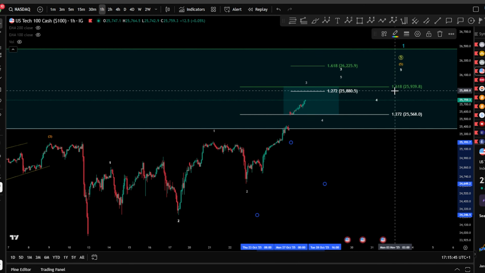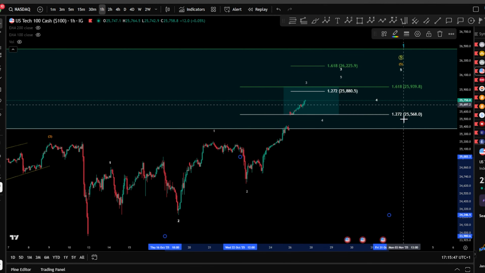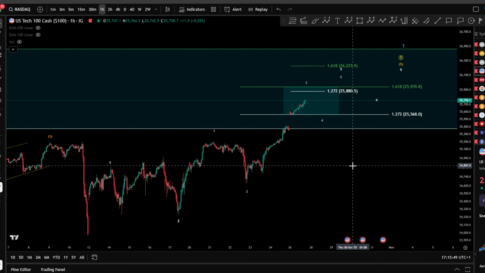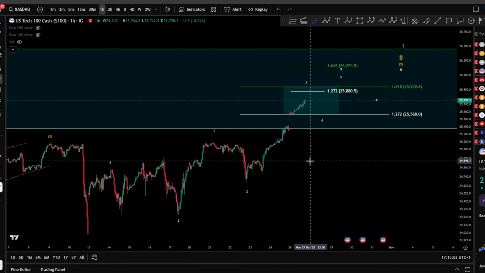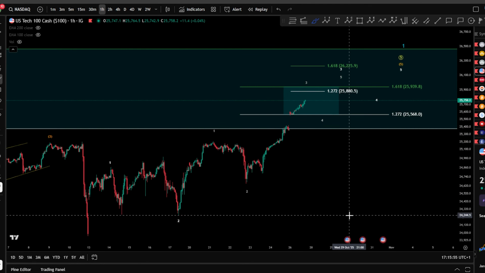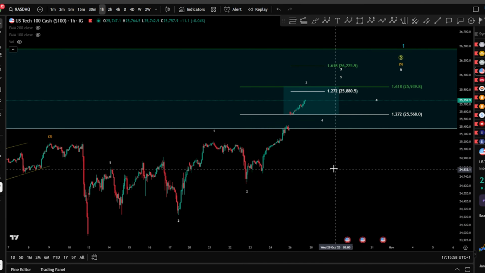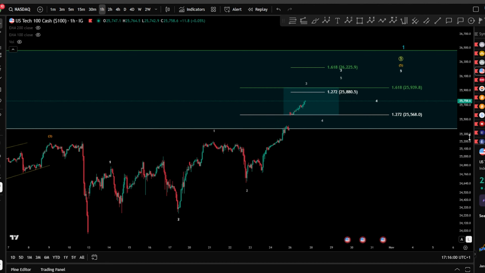So things are looking very bullish for Nasdaq, and this is also fundamentally, not just technically. It has a relation with the rate cut, which is coming very soon. And regarding the CPI last week, we saw very good data, which might lead to a rate cut for the next quarter, which is really good and bullish for the market.